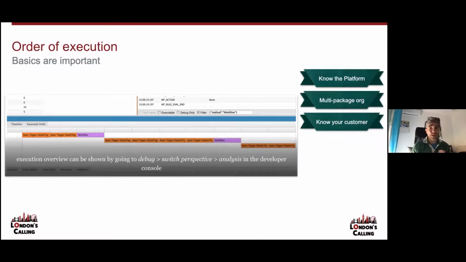But we knew that this wasn't going to be enough, and actually it wasn't. We're still facing the Apex CPU time limit. So we decided to dig a bit more into the issue. We went to the developer console and ran debug logs. In case you don't know how to display the debug logs this way, double click a debug log